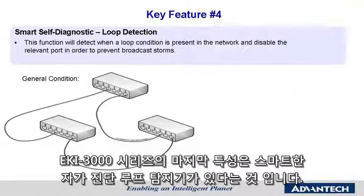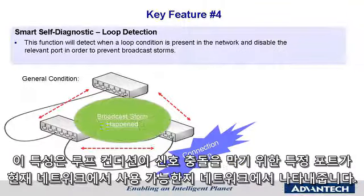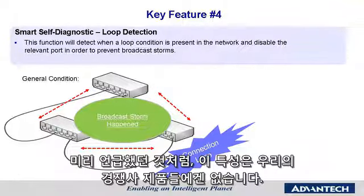Our last feature of the EKI-3000 series is a smart self-diagnostic loop detection feature. This feature would detect when a loop condition is present in the network and disable that particular port to prevent broadcast storms. As stated earlier, this is a feature that some of our competitors do not have, but it's extremely